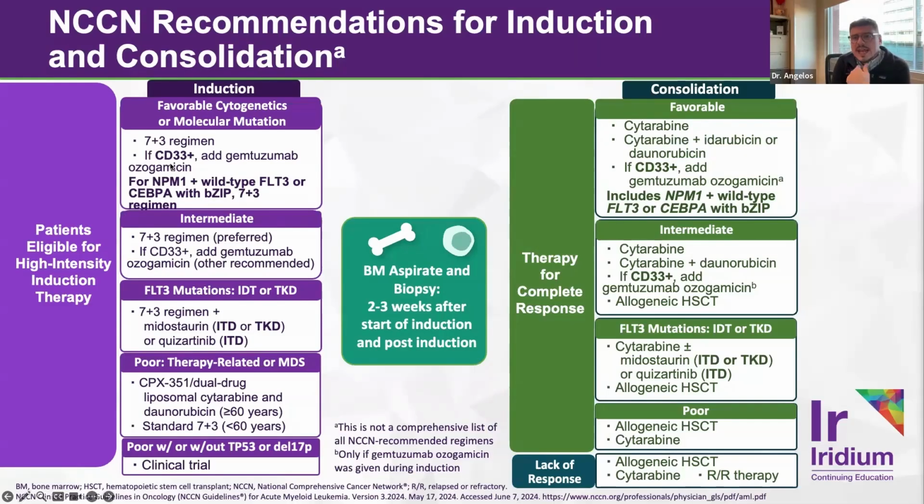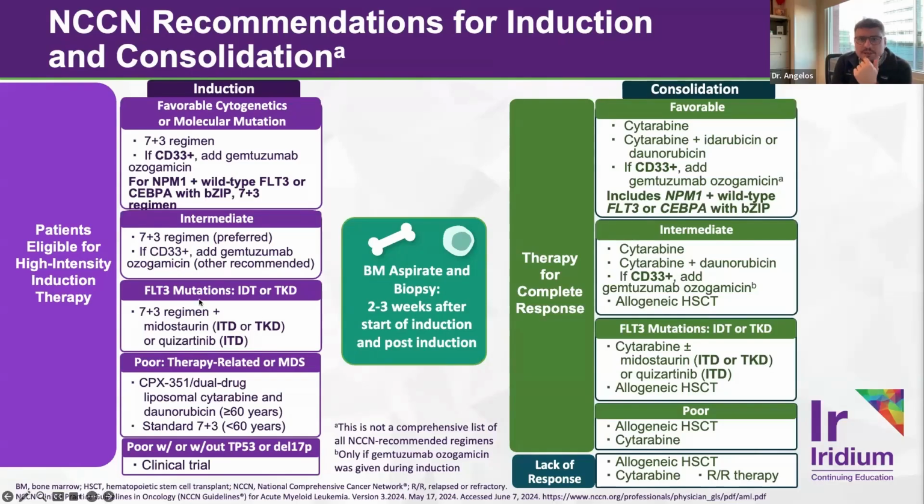Specifically, if a patient has a core binding factor mutation present, then gemtuzumab ozogamicin, which is an anti-CD33 antibody drug conjugate, should be added to the backbone of 7+3. And this was driven by data that came out of a meta-analysis of the initial gemtuzumab clinical trials that demonstrated an overall survival benefit in patients that had core binding factor AML, so long as their disease was CD33 positive.